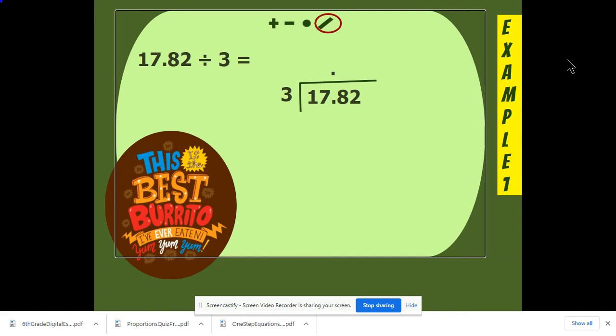I can just divide, like there's no decimal there. Okay, so 3 can't go into 1, but it can go into 17 5 times. That's going to be 15. And then I can,